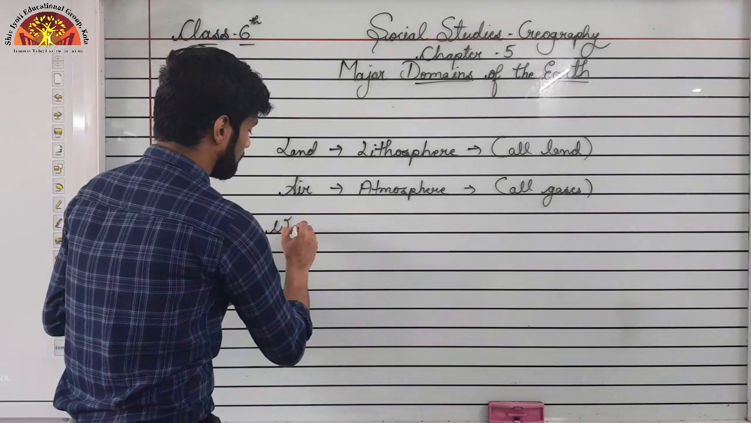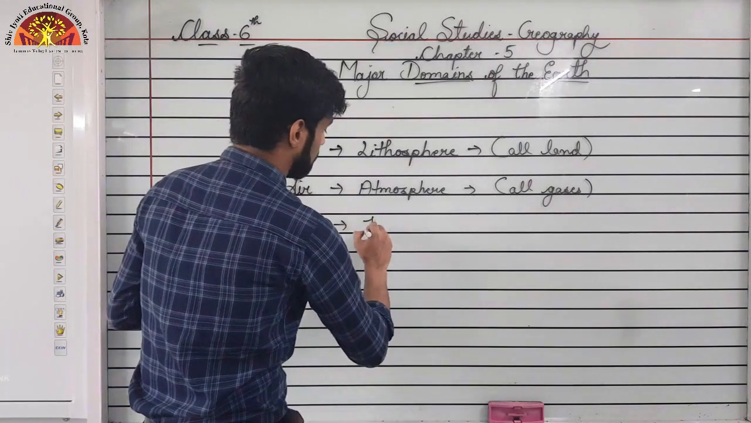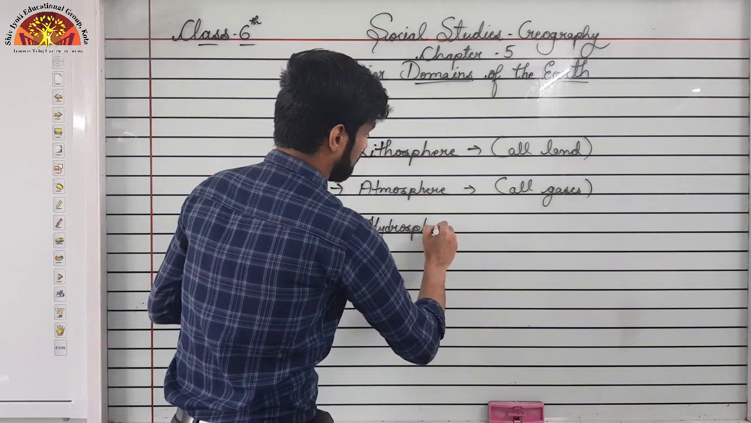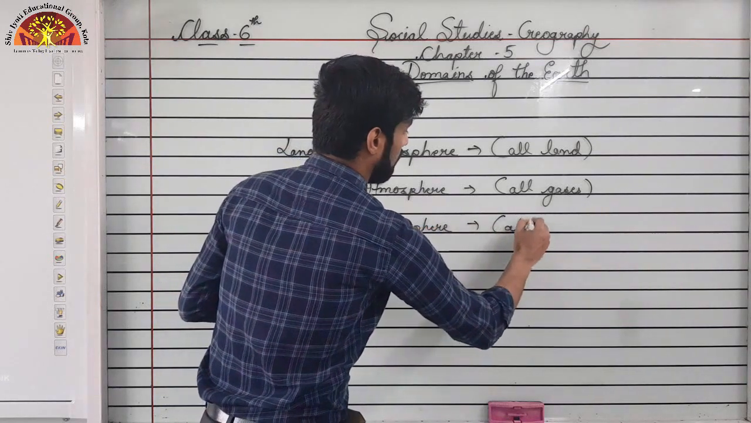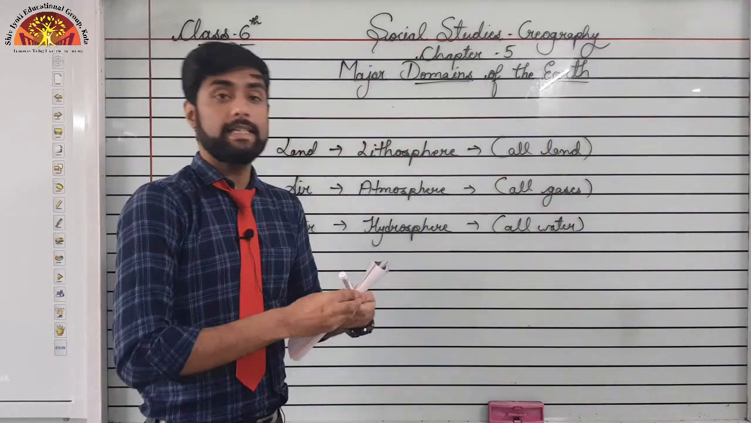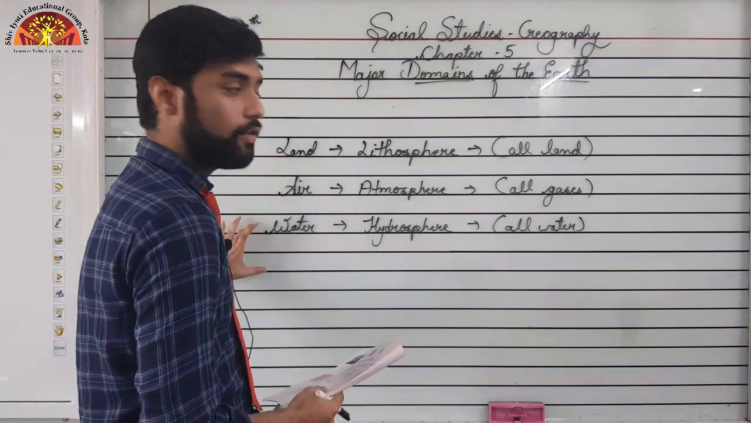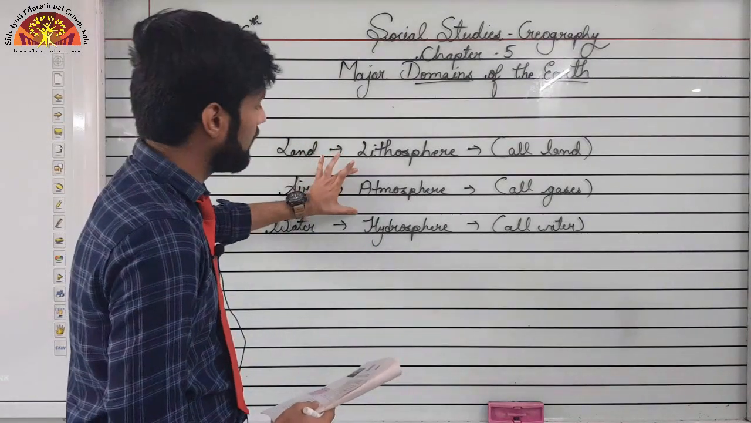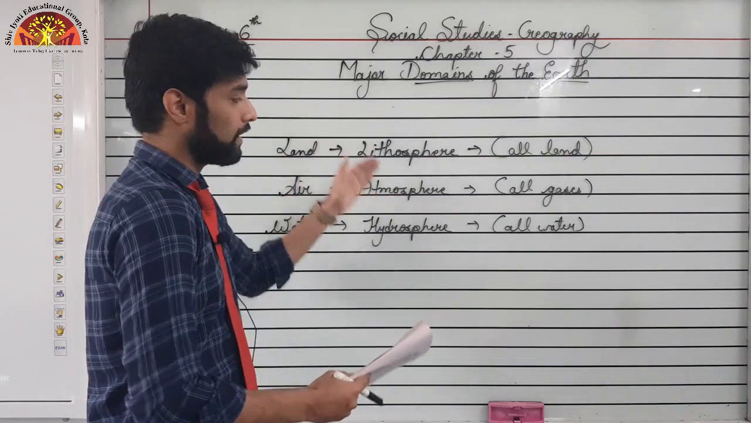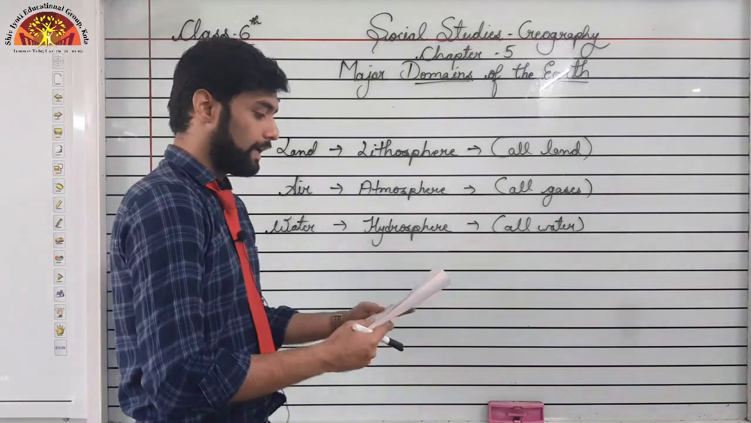That is water, correct? And that water part of the earth is called the hydrosphere, which means all water. Okay, so these are the three main domains of the earth that we'll be learning, that is land, air and water, that is lithosphere, atmosphere and hydrosphere. There is one more sphere, but we will learn about it after we have covered these three topics, because then you can understand the fourth domain. Okay, so